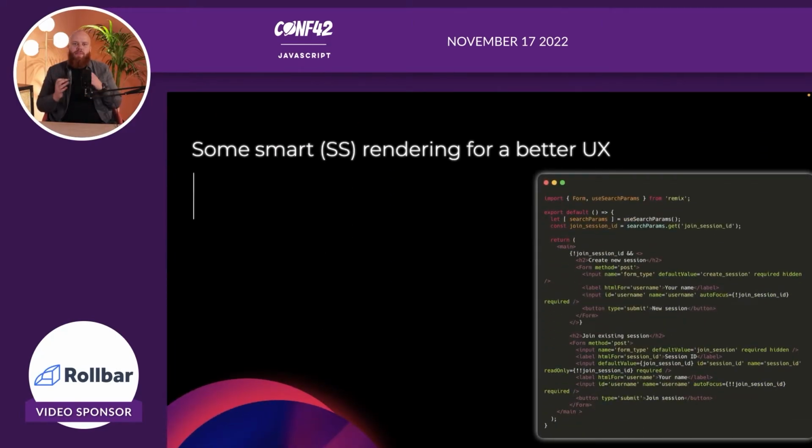Well, we're going to do some smart server-side rendering, and that's important. It's on the server side for a better user experience. So whenever somebody visits this page with the search param, we can basically get it out of there using the use search params. And why is this important? Because I understand that you can add a use effect and basically do this manually, see, okay, what are the search parameters? The downside is, the use effect is client-side.